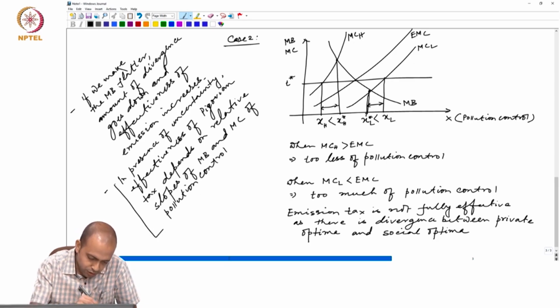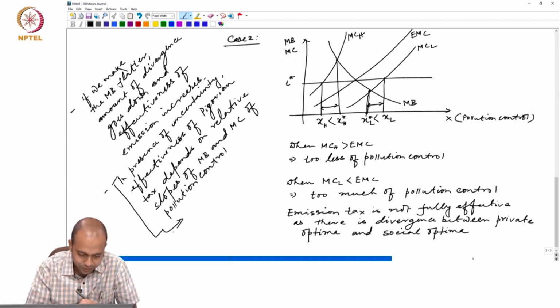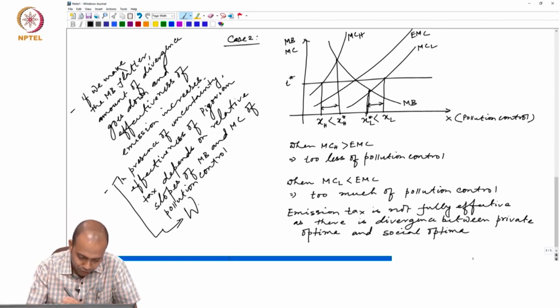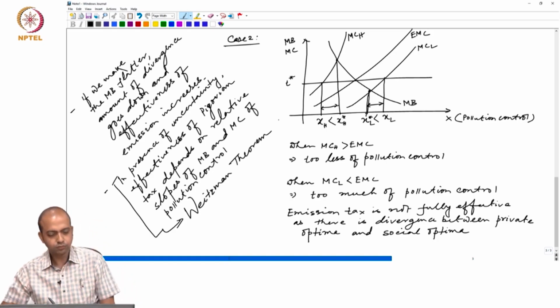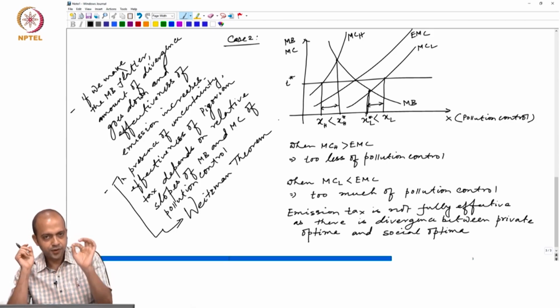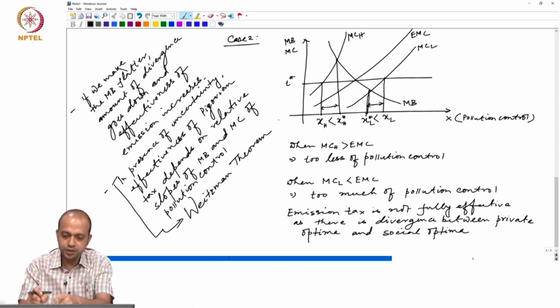And this is known as Weitzman theorem, because Martin Weitzman was the first person to suggest this proposition. This is called Weitzman theorem, W-E-I-T-Z-M-A-N theorem. Okay? When there is uncertainty, effectiveness of emission tax or Pigouvian tax depends on the relative slope of